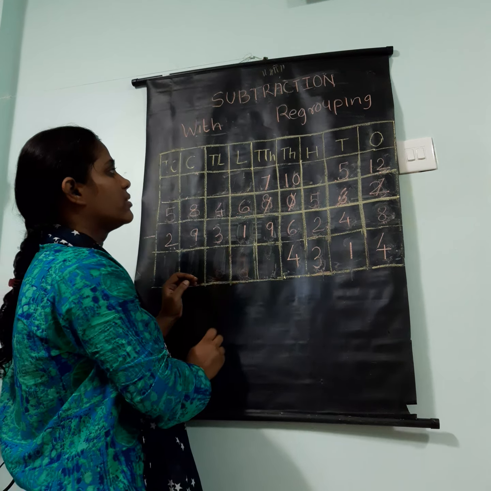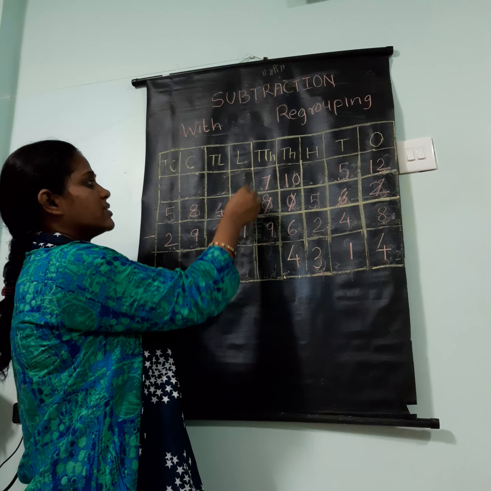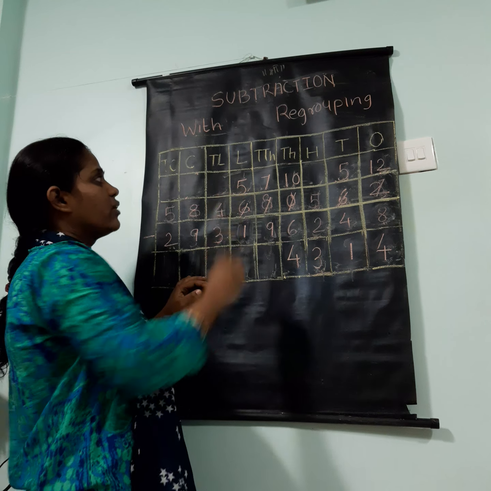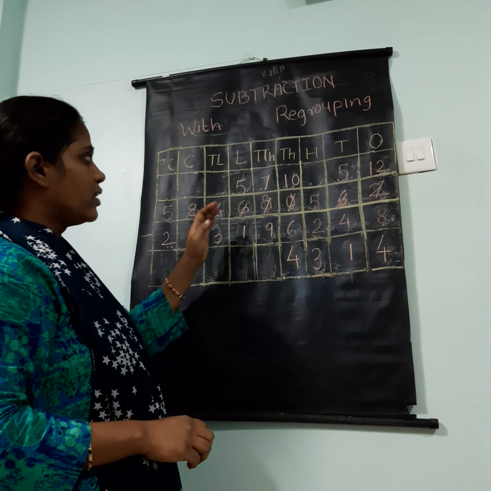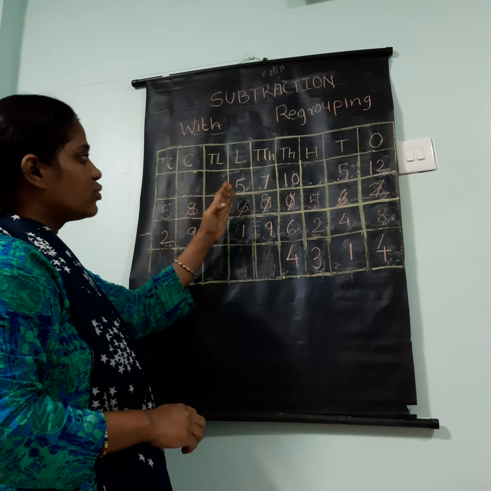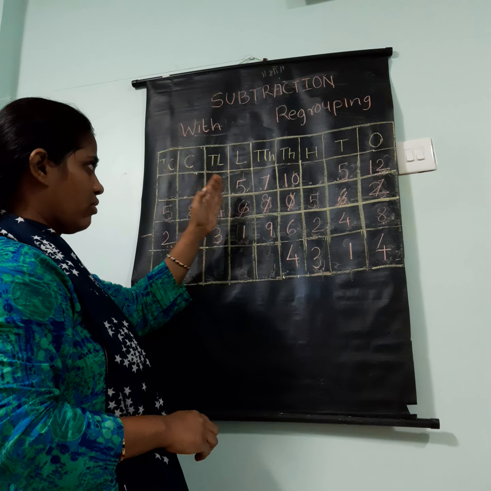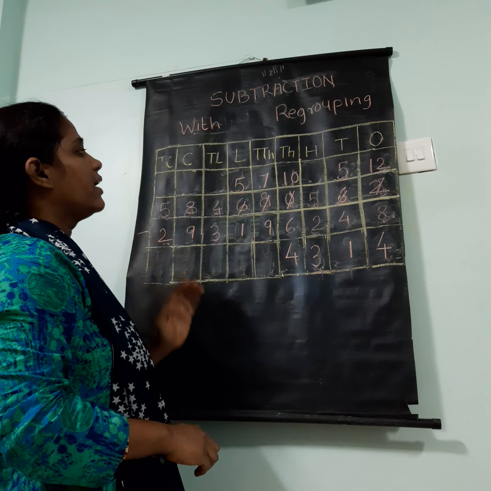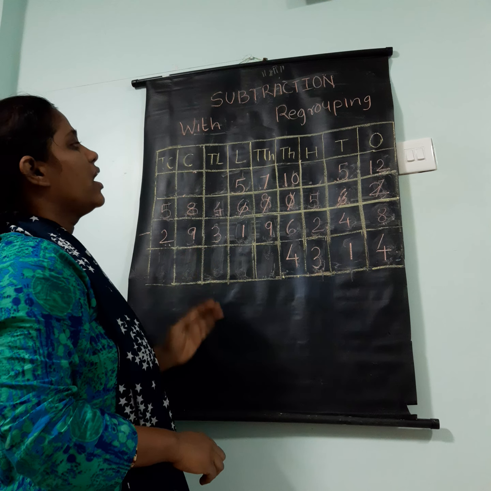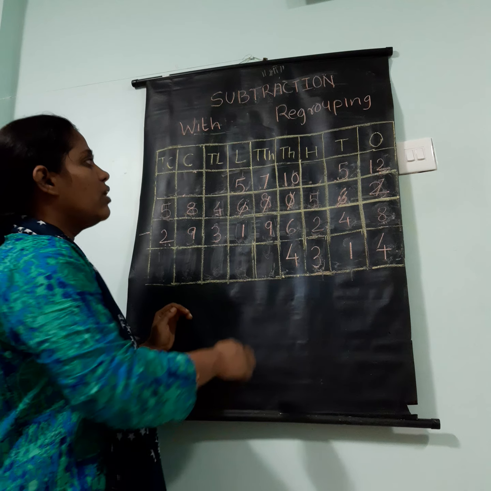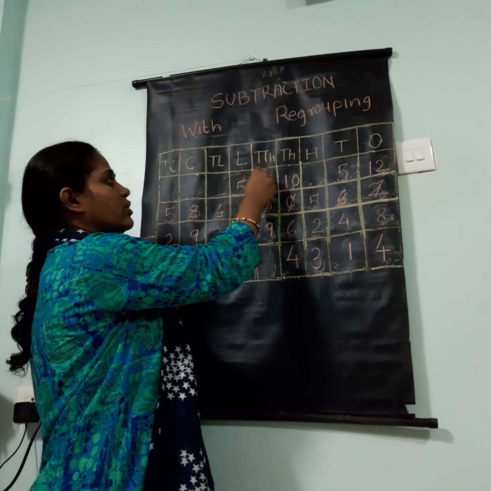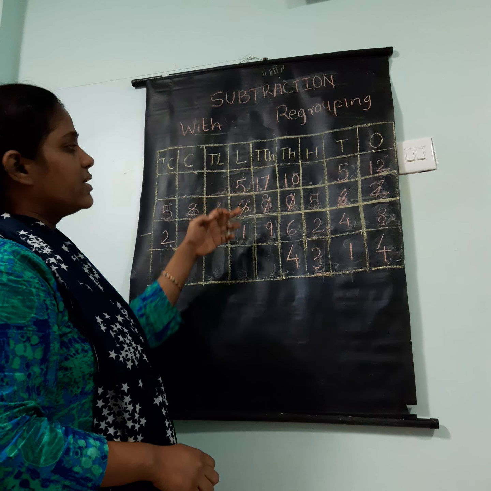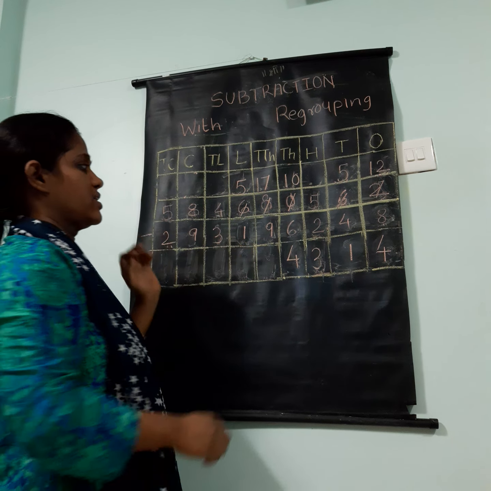You can't take out 9 ten-thousands. So you will borrow from the lakhs column, that is 6. So you will write here, as you have taken 1 lakh from this 6 lakhs, you will be left with 5 lakhs. And this 1 lakh, whatever you have borrowed, when it comes to the ten-thousands place, it will regroup and become 10 ten-thousands. Already you have 7. So after adding 10 to the 7, you will get 17 ten-thousands. Now 17 minus 9, what is the answer? 8.